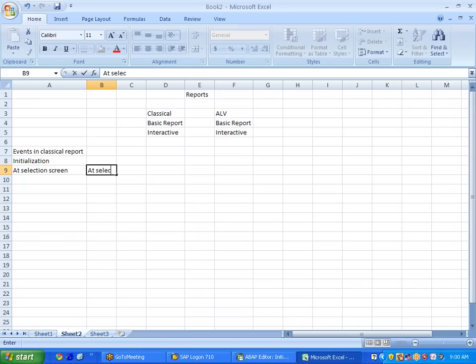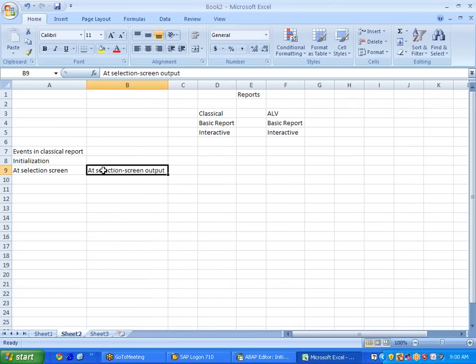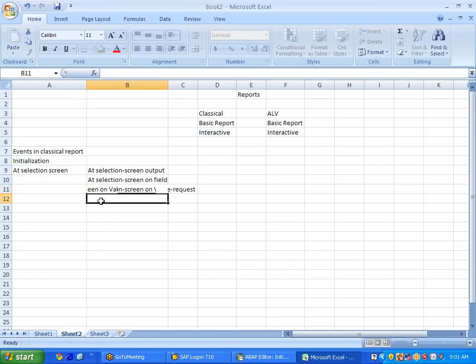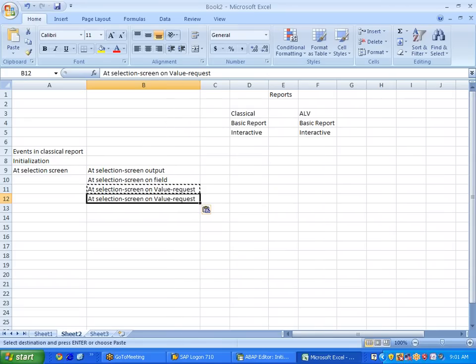Those are at selection-screen output, at selection-screen on field, at selection-screen on value-request, at selection-screen on